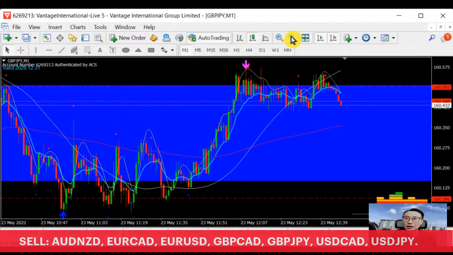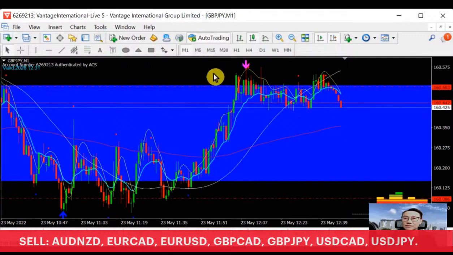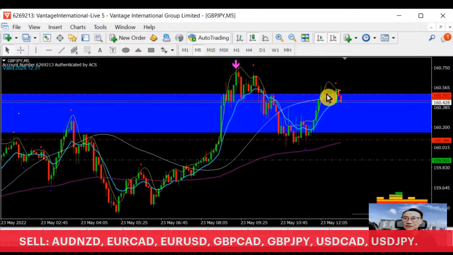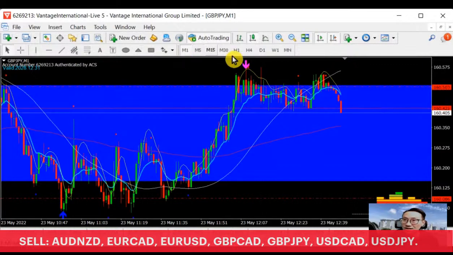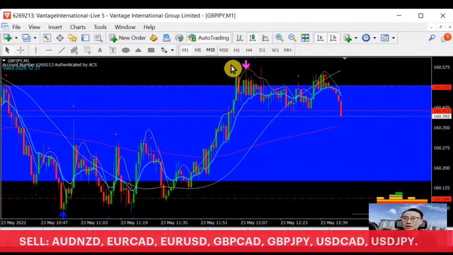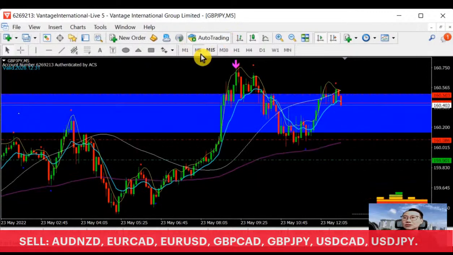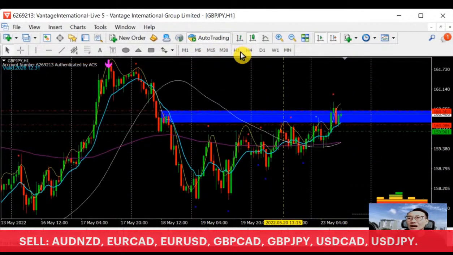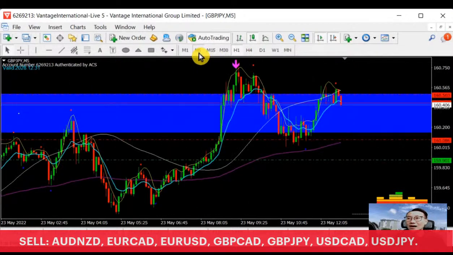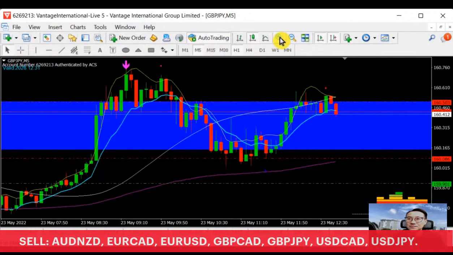So now it's coming back, as you can see in M5, for this area here, this part here. If you look into the lower time frame of M1, you can see more. Correct. Retested. Now selling. Correct. So right now we are now creating... open up, bigger.